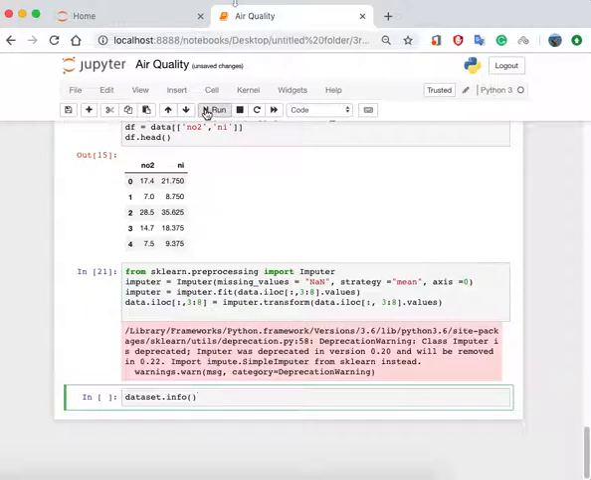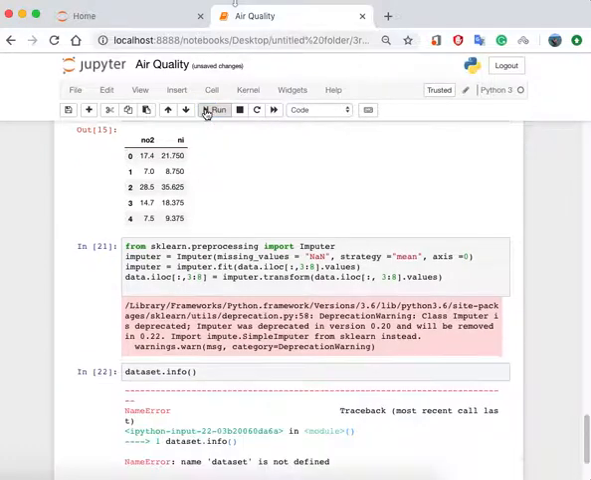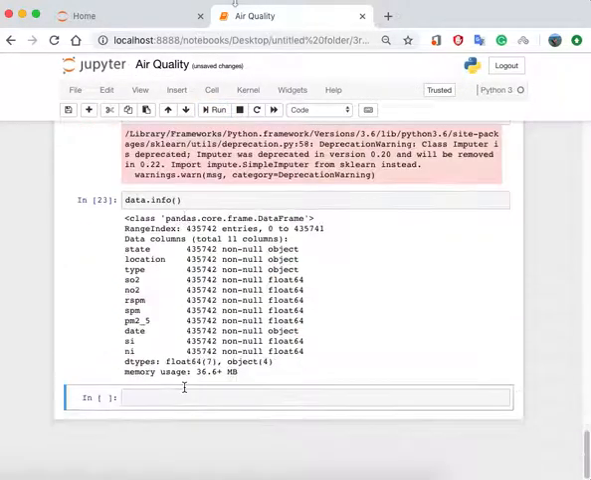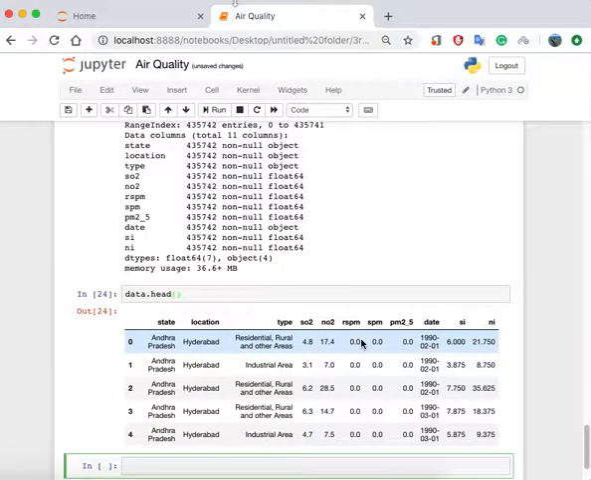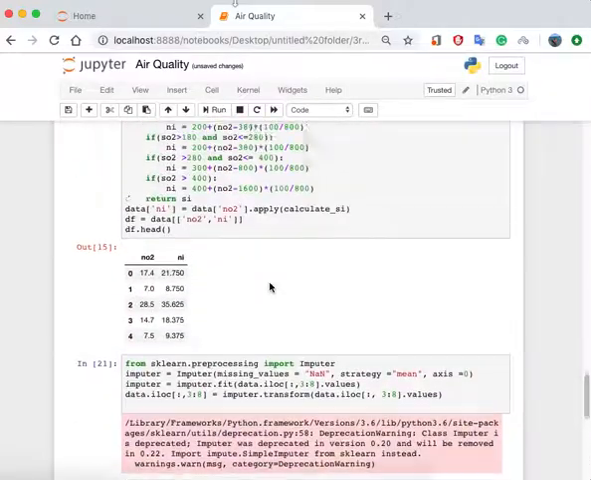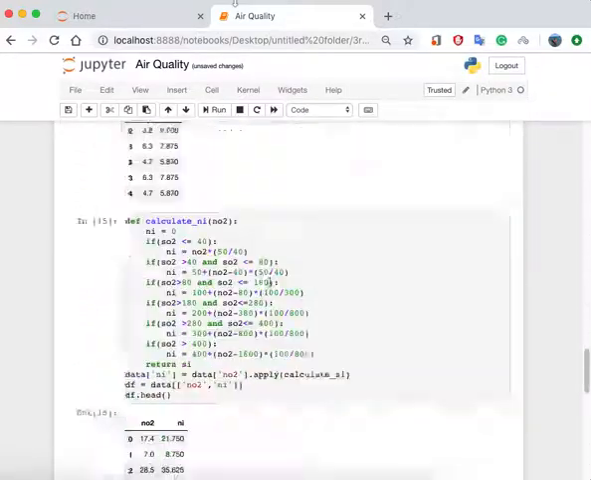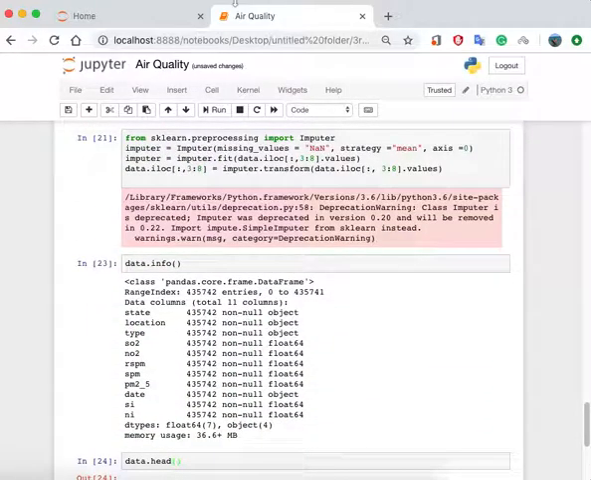Back now. Data.info, data.head. So all these things. So now we are going